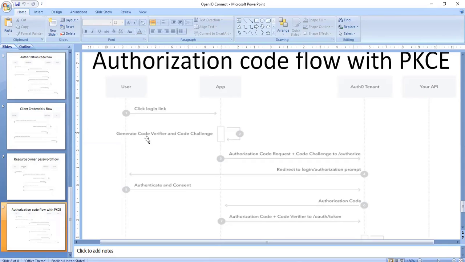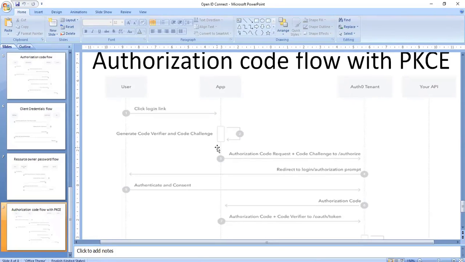If you see, we are using some code and we are verifying it. That's the reason it has been named PKCE, which means Proof Key Code Exchange. We are generating a code and the code will be exchanged between applications and will be used as a proof key. The code will be generated and exchanged between applications, and that code will be validated as a proof key. Proof for a key. Basically, that's the reason it has been named PKCE.